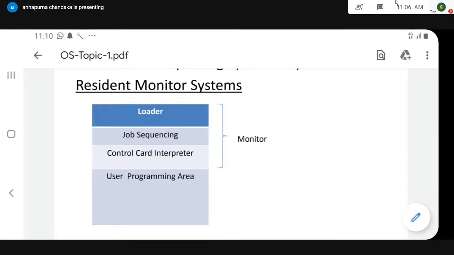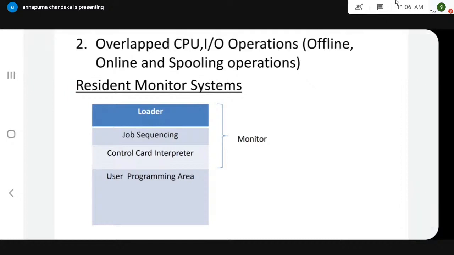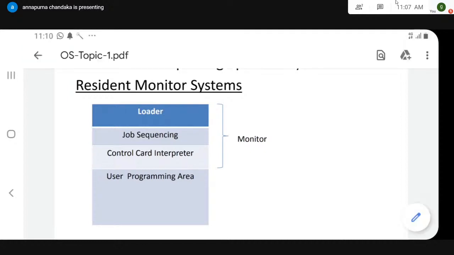All Fortran programs together, all C programs together, all other programs together like this. Suppose there are 3 Fortran programs. Then the first Fortran program is going to be run using the 8 steps. In order to run the second Fortran program, there is no need to load the compiler tape and assembler tape again.